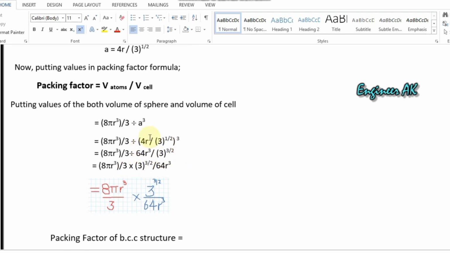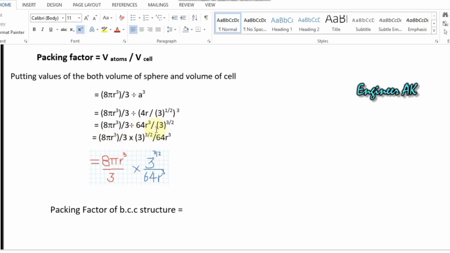Now taking the cube, the cube of 4 is 64, and R cube stays R cube, and the cube of 3 power 1 over 2 becomes 3 power 3 by 2. Now if I reciprocate it, the divide sign changes into a multiplication sign, so 3 power 3 by 2 will move up and 64 R cube will move down, and it will look like that. And if I cancel out,